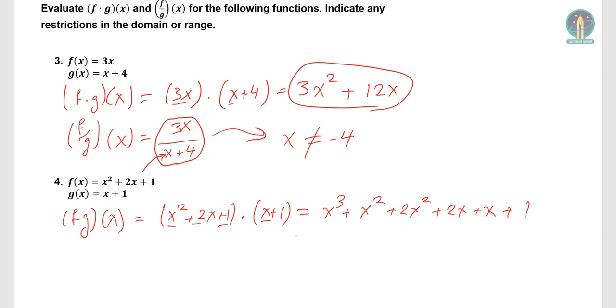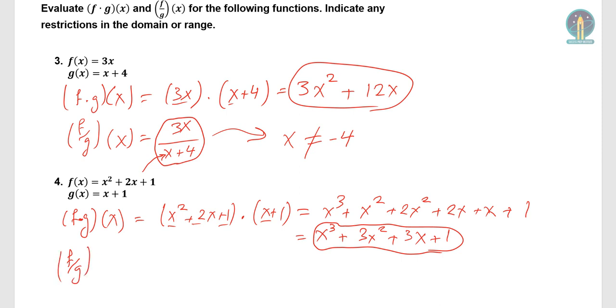Combining like terms, we have x cubed plus, so x squared plus 2x squared is 3x squared plus 2x plus x is 3x plus 1. Okay? For the division now, this is multiplication. Okay. For the division, f over g of x equals